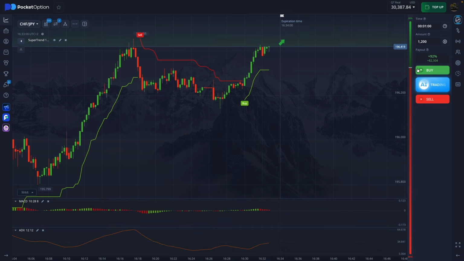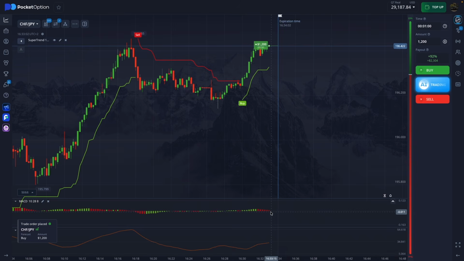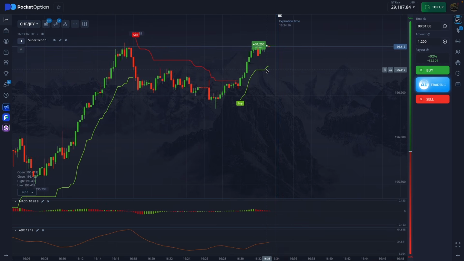So basically, I can enter an up trade here, again because the bars on the MACD indicator are still above the 0 mark. The ADX indicator still shows a value higher than 25. This line is not trending downward, and there is still an active buy signal from the SuperTrend indicator. Additionally, the line is trending slightly upwards. Therefore, I entered an up trade, opened a trade for $1,200, and I am now waiting to see how this trade